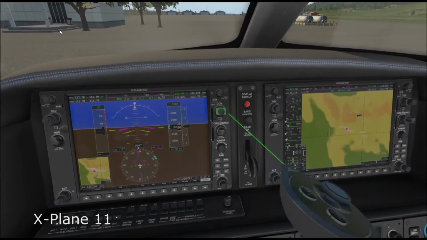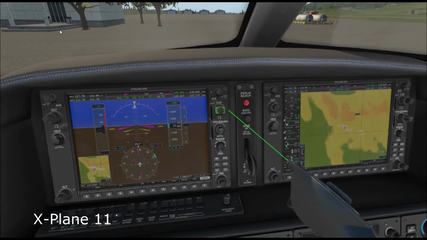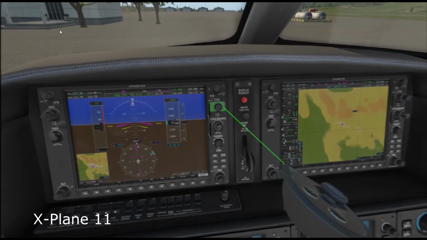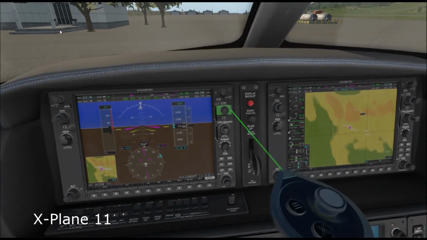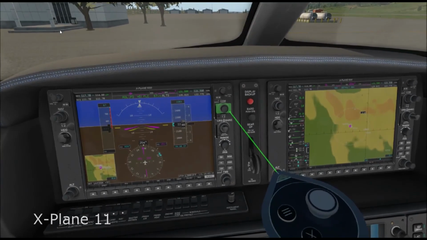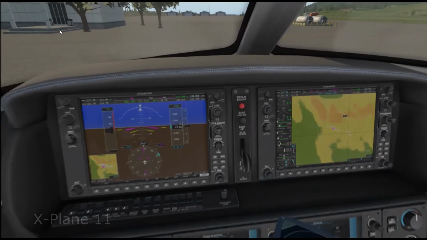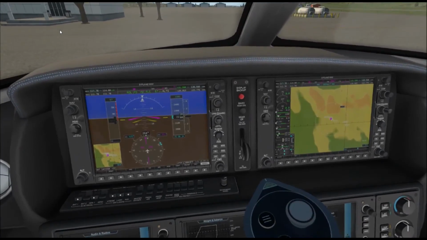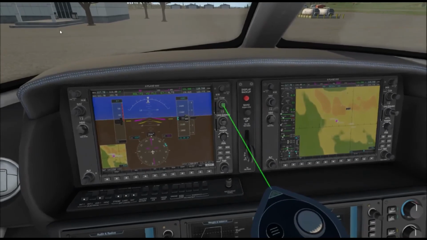I've got some good news for Microsoft Flight Simulator VR users. A tool that was available in X-Plane long before Microsoft Flight Simulator existed is finally available in the new simulator too. If you've followed my channel for any length of time, you know that I've had a constant battle